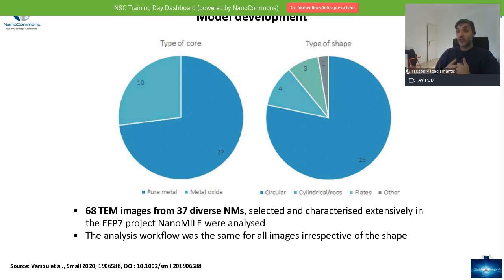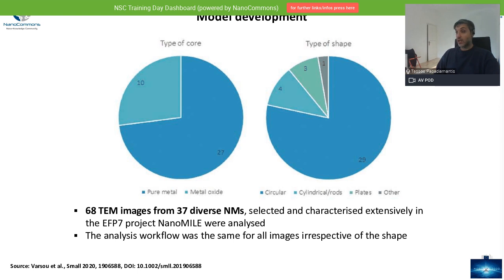In total, as you can see, we used both pure metals and metal oxides: 27 pure metals and 10 metal oxides. The majority of the images were spherical. And then we have rods, plates, and some other images.